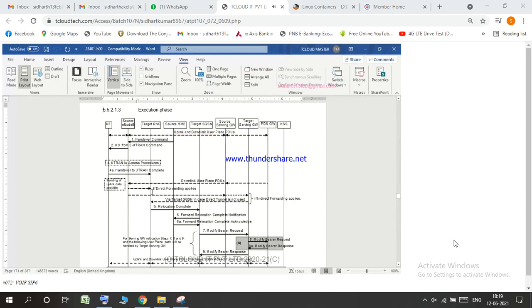Once the target RNC receives all that, and once the mobile arrives and the RNC detects that the CS call is already completed, then the target RNC sends a message to the target SGSN that relocation is complete. So this is to report that the PS relocation is completed. Once this relocation complete goes to the target SGSN, it tells the MME that it is reporting that